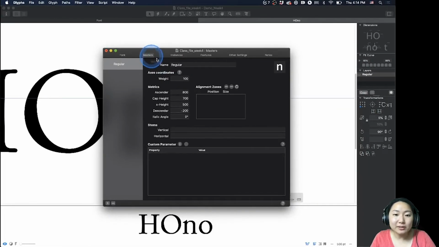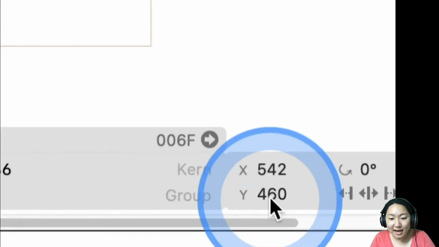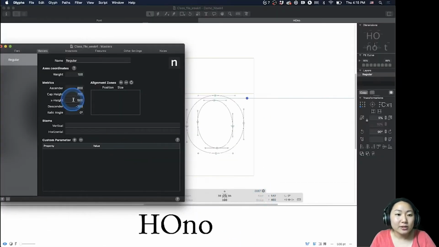In the Masters tab, you can see that there is a bunch of numbers under metrics, and metrics is what we want to change. Here it says the X height is 500. Let's change it to 460, which we know because I've highlighted the guide right there, and we see that it has a value of 460. So let's do 460 right here.